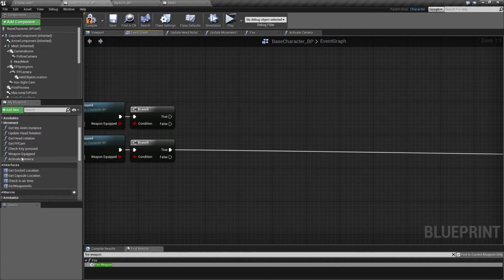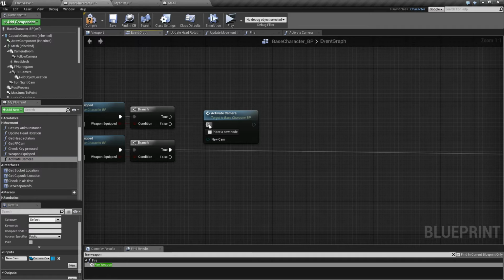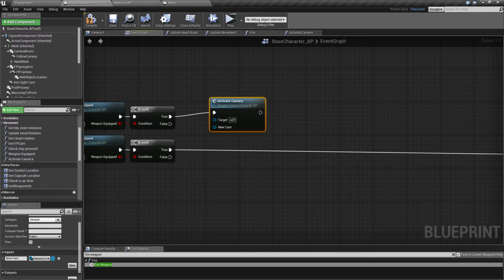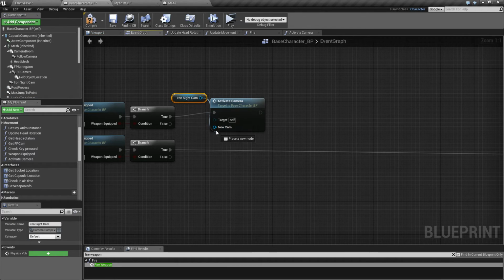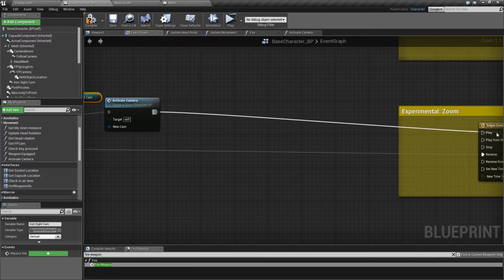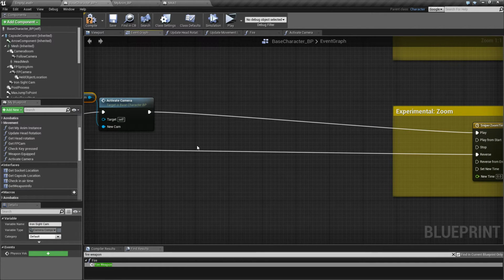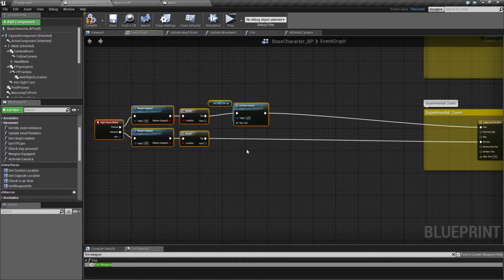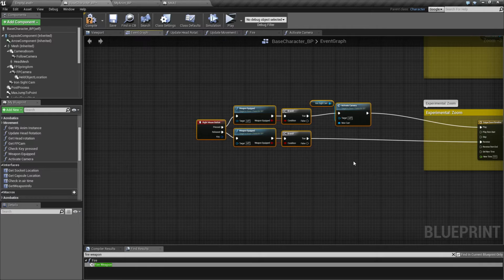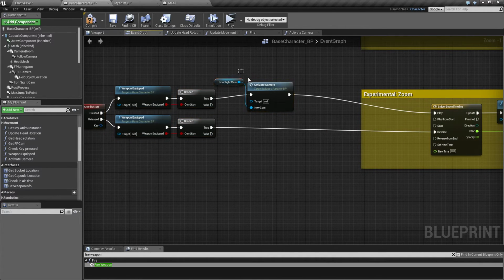Let's get rid of that. And I have my function activate camera. And the camera I want to activate is going to be my Ironsight camera. So drag that one in. And then we should be able to just plug that into the play. And maybe I made a little bit too much space. And see. For now, let's just